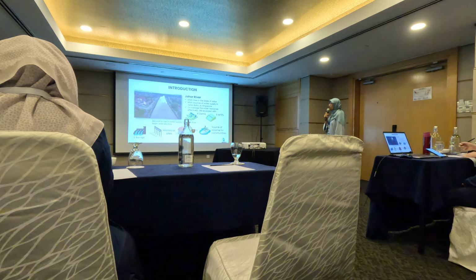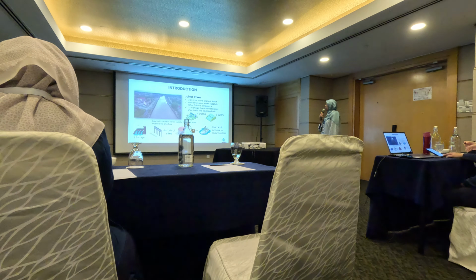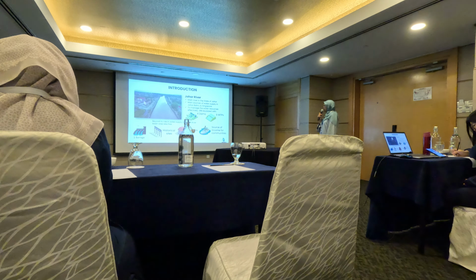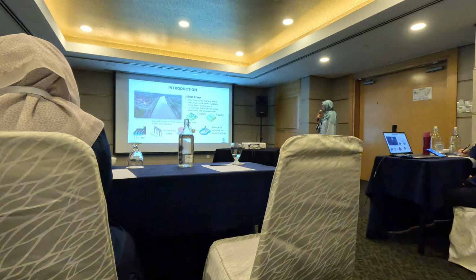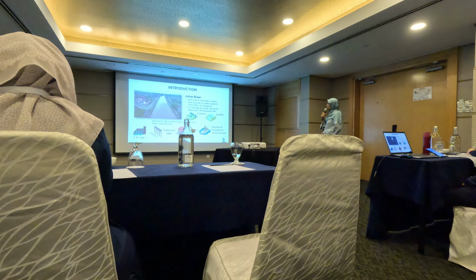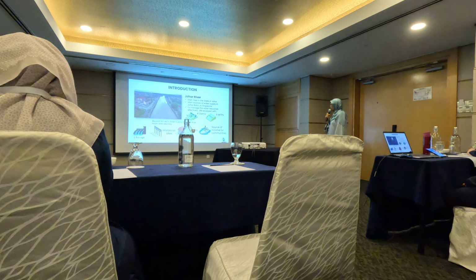For the introduction, let me explain about the Johor River. Johor River is a main river in the state of Johor and the main source of water supply in Johor Bahru and Singapore. Besides that, to manage the water resources effectively, Johor River Basin is equipped with 4 dams, 9 water treatment plants, and 1 barrage. Beyond its role in water supply, the Johor River Basin area also has historical sites and tourism. And lastly, Johor River Basin is also a source of income for communities.